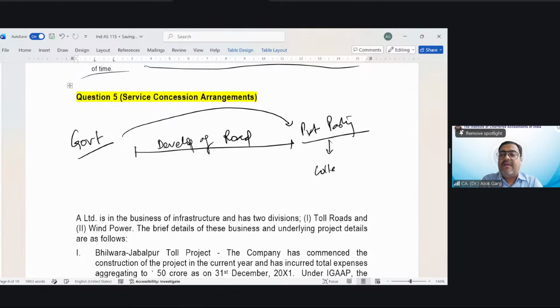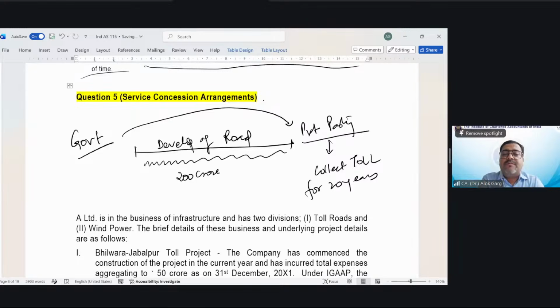This private party will collect toll for 20 years. Right. Now tell me one thing. This private party has constructed the road, and they spent 200 crores over a 1 year period in which they developed this highway. Whether this 200 crore is property, plant and equipment for this private party, tell me. They invested, they spent 200 crore in the first year, and once it is over, they will be able to collect the money